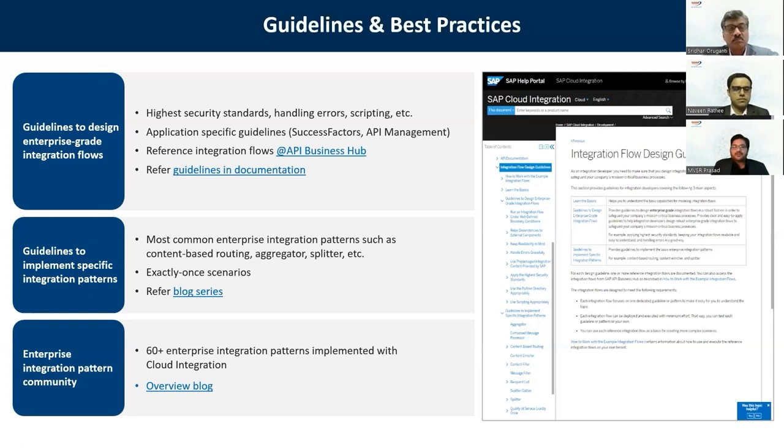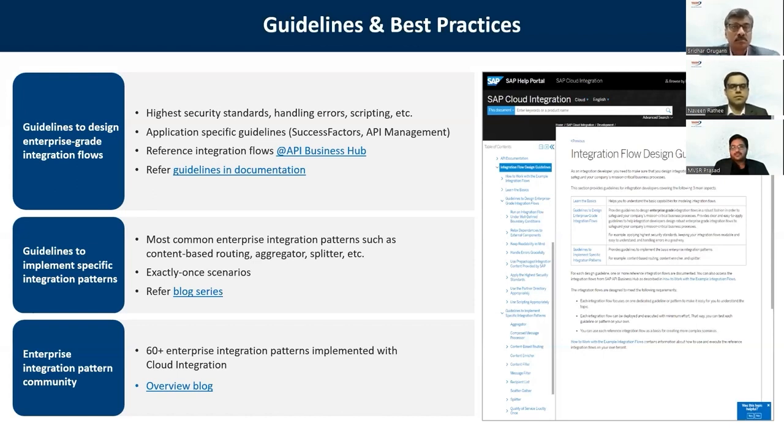So there are a lot of challenges which we could see in terms of migrating from these third-party integration solutions to Integration Suite, even Dell Boomi to Integration Suite. The majority of the customers who are using Dell Boomi for their SF integration are now considering SAP Integration Suite as their middleware, because the Integration Suite is multi-cloud enabled at this point in time, which is much more powerful compared to